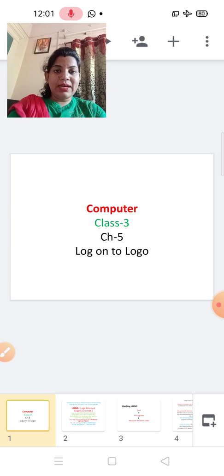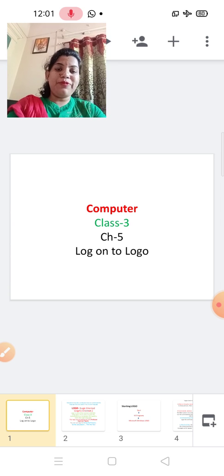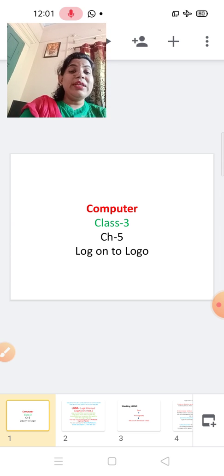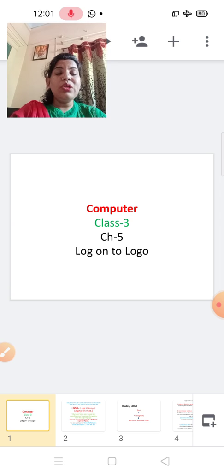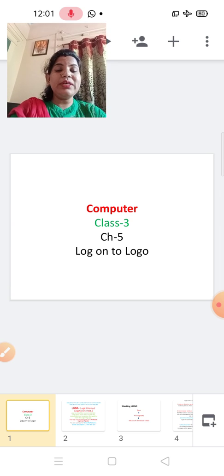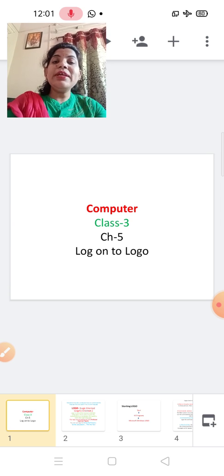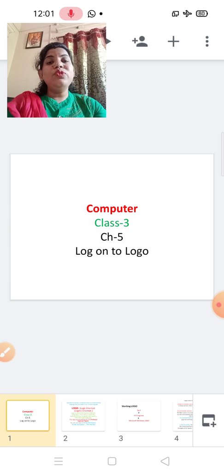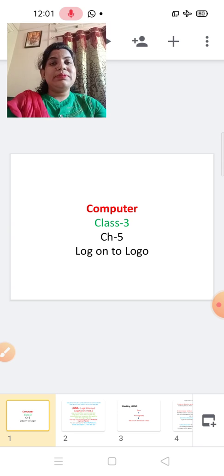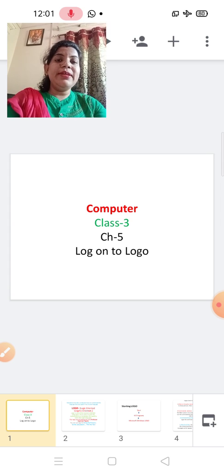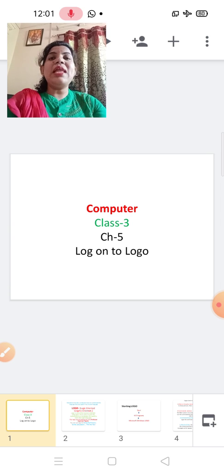Today we will start our new chapter, chapter 5: Logo. What is the meaning of Logo? Logo is a simple language of a computer, just like language is the medium to talk or write. You may speak different languages like Hindi, English, or any other regional language.